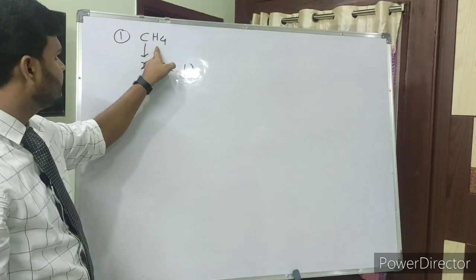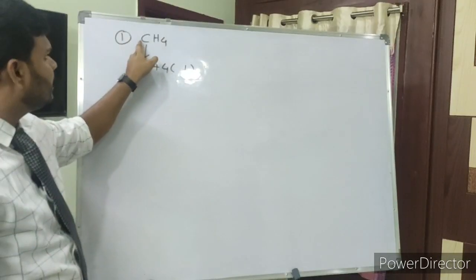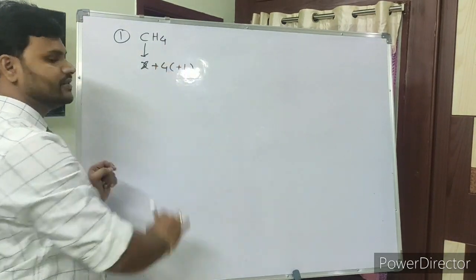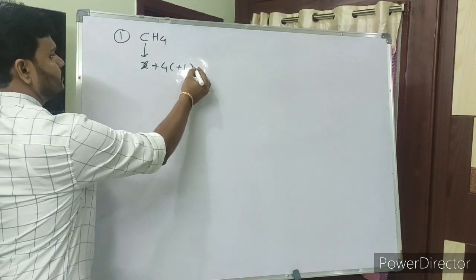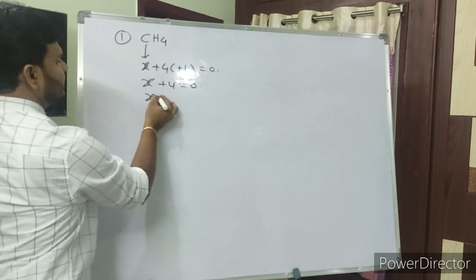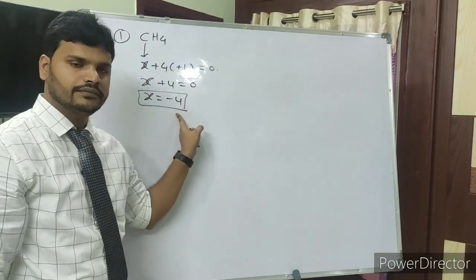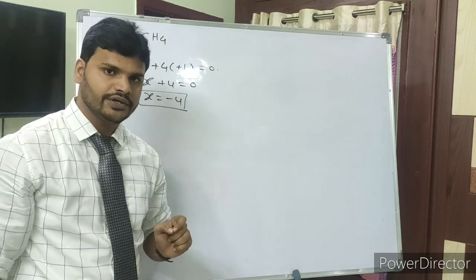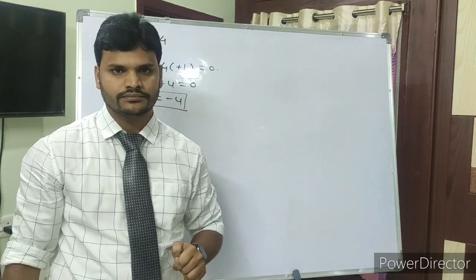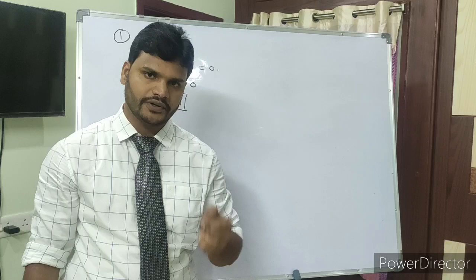So it is a molecule. This molecule is made up of carbon and hydrogen. Compared to carbon, hydrogen is less electronegative. Less is nothing but positive charge, so you need to take positive here. So equal to 0. Then x plus 4 equal to 0, then x equal to -4. So what is the oxidation number of carbon here? -4. And one more important point, in chemistry the lowest oxidation state, -4, carbon gets that value. This is also very important. Just keep it in mind.